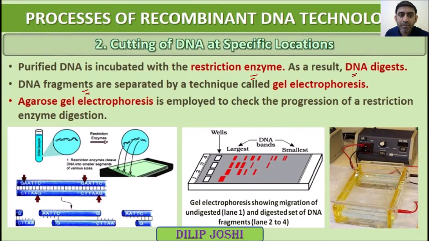Once that DNA is broken down with the help of the restriction enzyme, these broken DNA particles are taken into the gel electrophoresis. So here is the DNA sample, this one is the DNA. The restriction enzyme will break this DNA and form bands which can go through this agar gel. Restriction enzyme cleaves the DNA into smaller fragments of various lengths. Like here, its action is shown: action of restriction enzyme on DNA molecule.